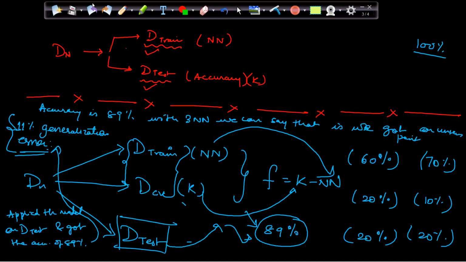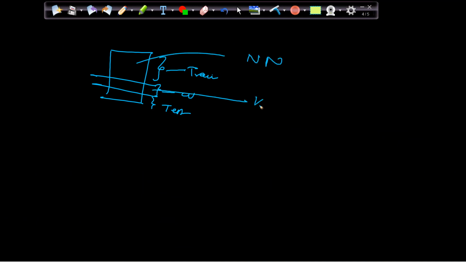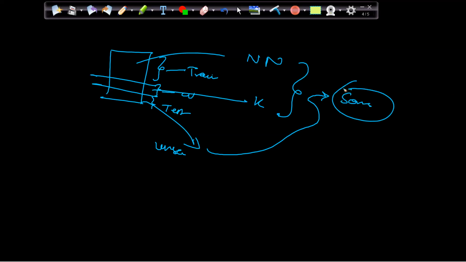So basically, in a simple summary, I have a data set. I am dividing this data set into 3 parts. This is my train data, this is my cv data, and this is my test data. On the train data, I am training the model. From cv, I am checking the value of k, which k is giving me the best accuracy. And then on the test data, which is unseen data, I am applying this model and getting some accuracy. If this accuracy is the same as this accuracy or nearby, I will be very much confident that yes, things are working fine. All right. So that is what cross validation is all about.